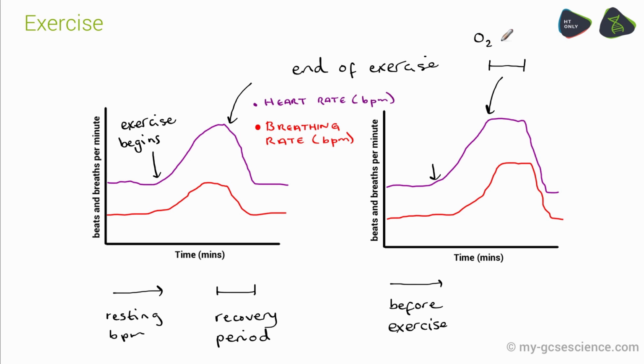So following a period of intense activity or anaerobic exercise, a person has what's called oxygen debt. This basically means that after the exercise has finished, they will need to breathe in a lot more oxygen and pump that oxygen around very, very quickly to break down this lactic acid into carbon dioxide and water. Only after all the lactic acid has been broken down will the heart rate and breathing rate fall back to their resting levels. In this second graph, the recovery period is a little bit longer.